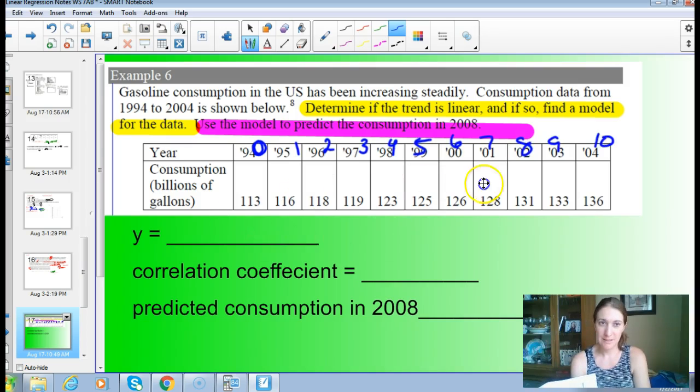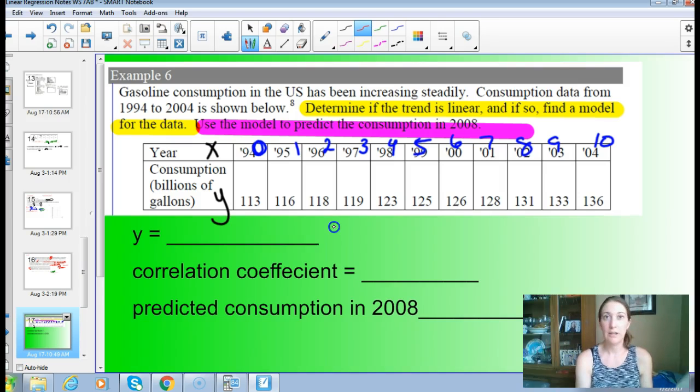You're going to list the consumption of gasoline in the other list, and then you're going to set up your stat calc linear regression. Make sure that the lists are appropriate. So the year, if you put it in list 1, that's going to be your X, and this will be your Y. And then if you do the correlation calculation,